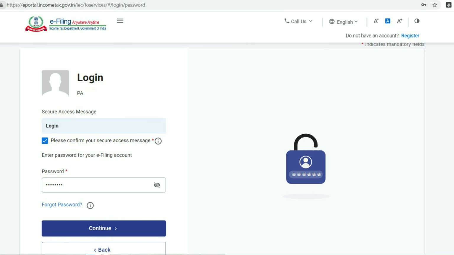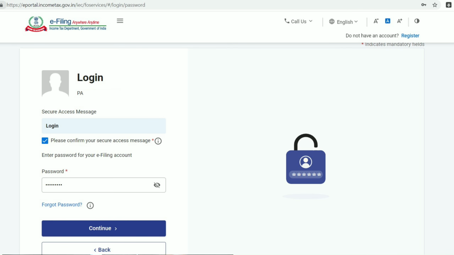We shall discuss this in another video in detail, how you can update your profile on the new income tax portal. So you need to click for confirming the secure access message, and only then you will be able to complete the login process.